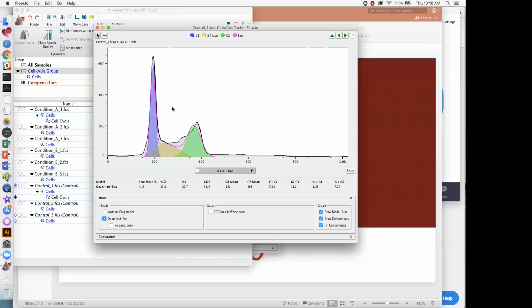So as a consequence, you'll normally see much larger swings in the S-phase quantities when you use the Dean-Jett-Fox model. Both are good models, both are published, so it's really entirely up to you which model you would rather use for your analysis. I'm going to stick with Watson for this tutorial, but we may click onto Dean-Jett-Fox